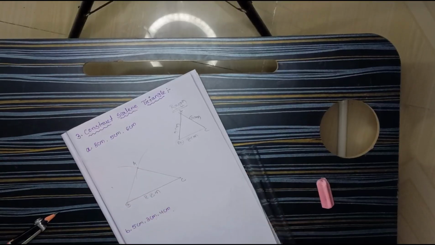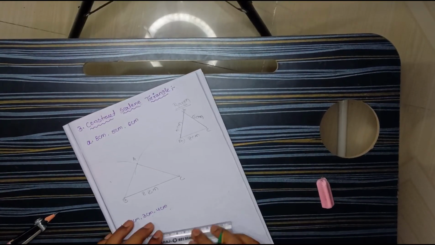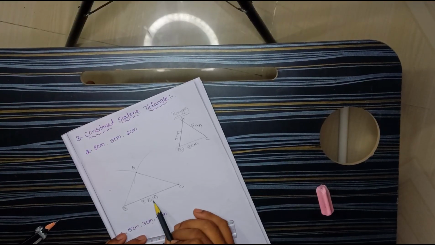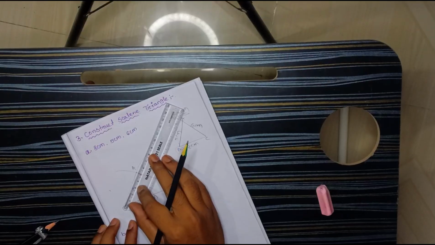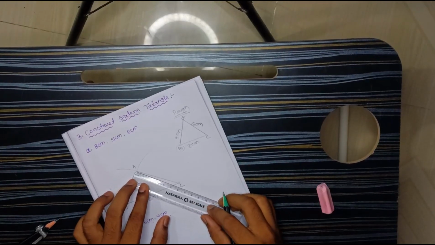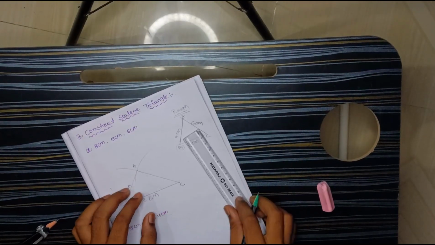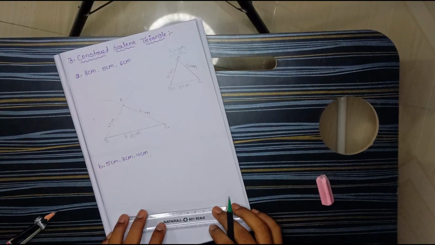Okay. So now what do you have to see? ABC is your scalene triangle. How should you know about that? BC, firstly I measured by the scale, this one is 8 centimeter. Now the time to measure AB, A and B, you just look here, this one is perfectly 5 centimeter. Now it's time for AC, so I will measure it, this one is perfectly 6 centimeter. So in this triangle you can see that no two sides are equal. If no sides are equal, then we will say that this one is the scalene triangle. Yes, got my points?